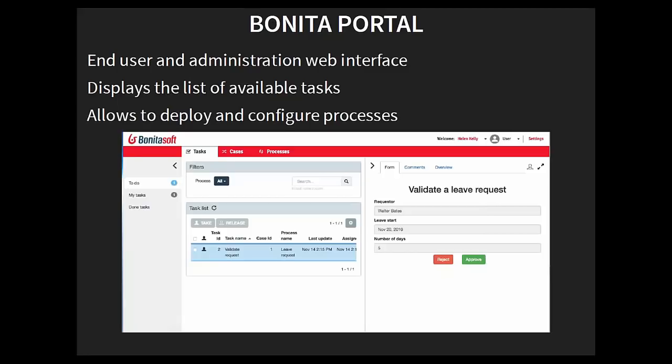If you have only the user perspective, you will be able to use the application, get access to the process and forms, these kind of things. If you are an administrator, then you are administrating the application and the processes used by these applications. So you have more actions available. Let's say deploying a new artifact, new resources, these kind of things. Also set up some permissions related to the process, these kind of things.